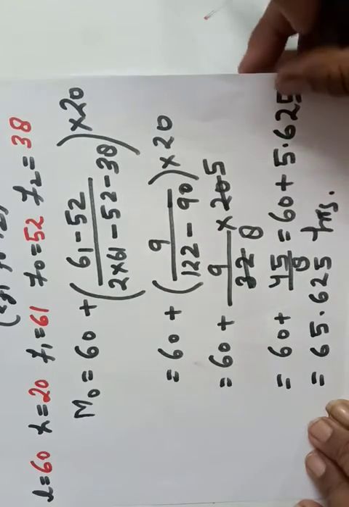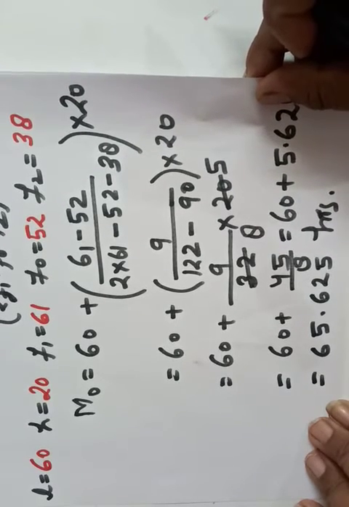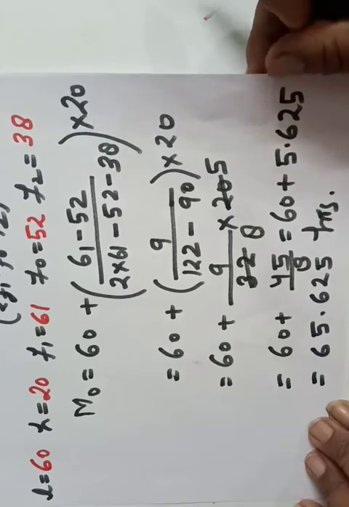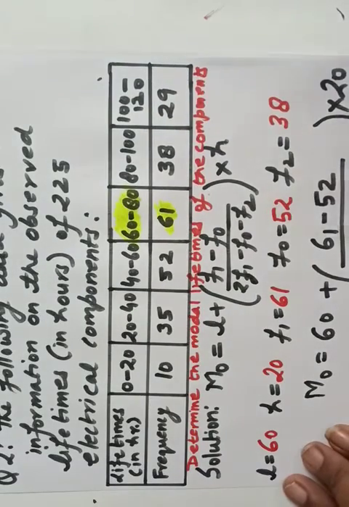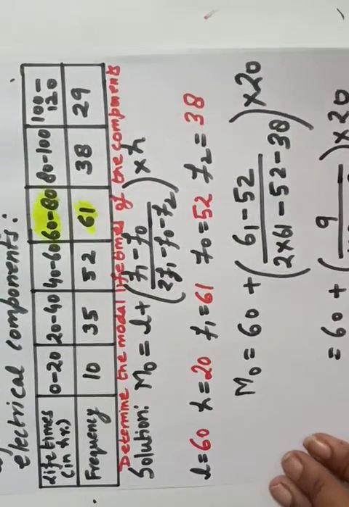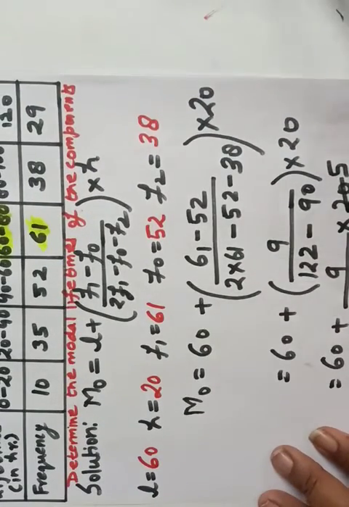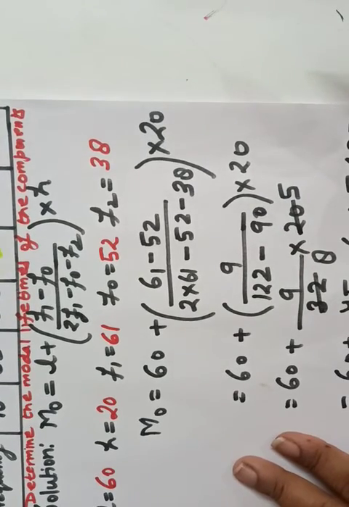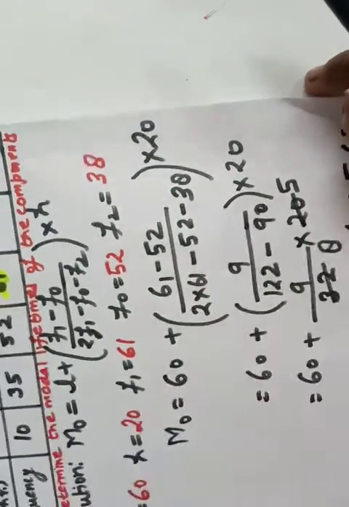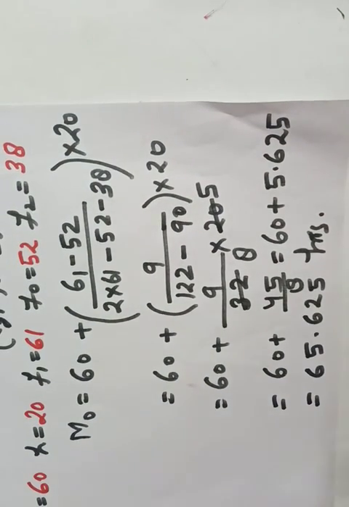Yes, I hope it is clear. So mode is the easiest one. You need to learn only the formula, and you have to be precise with your calculation. Go through the question again. Here is the data given. This is the formula. These are the terms that we have to find out from the table only. We simply put the values in and do the calculation precisely, and after calculating, we can get the mode of the given data. Thank you, students.